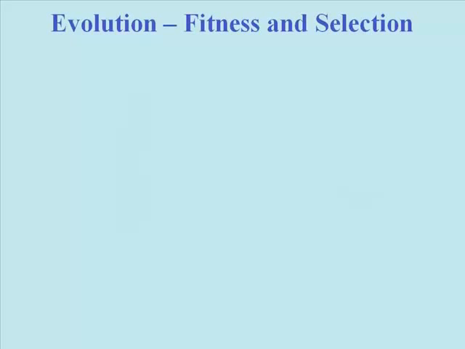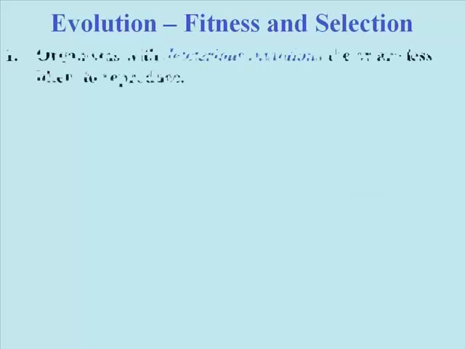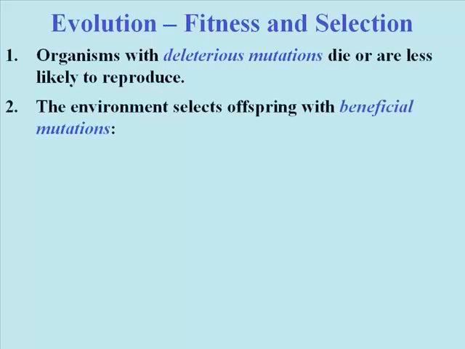Let us consider these fitness consequences in more detail. Defective individuals, those with deleterious mutations, won't survive, or at least won't be able to reproduce as well as the rest of the population. Individuals with beneficial mutations would be selected immediately because they would be presumably stronger, they could live longer, they could reproduce longer, and have more offspring. But actually this sort of thing is pretty rare.